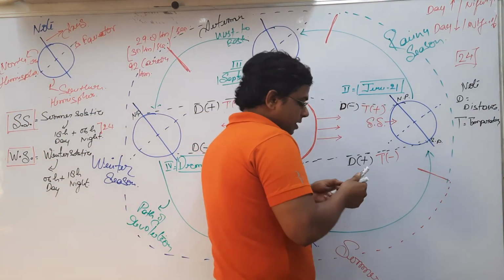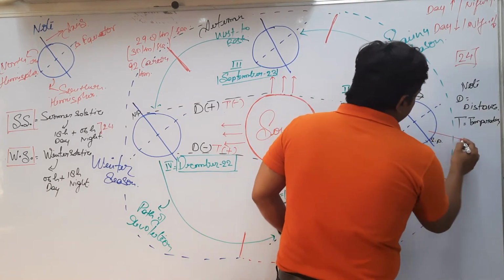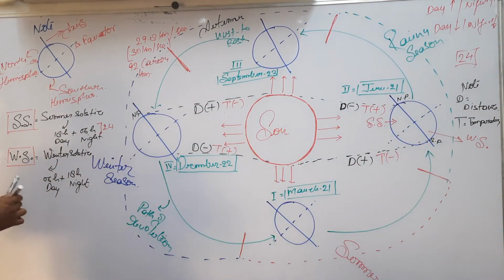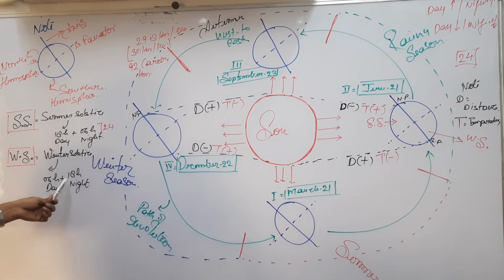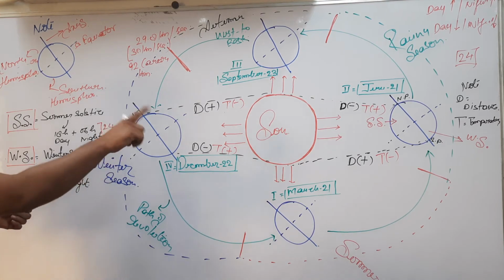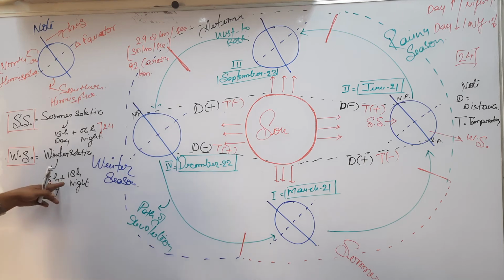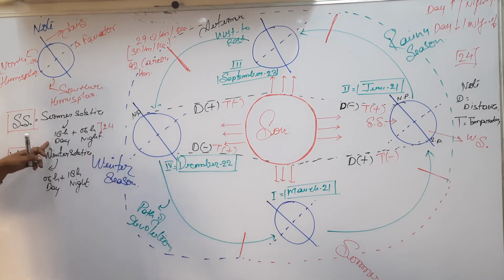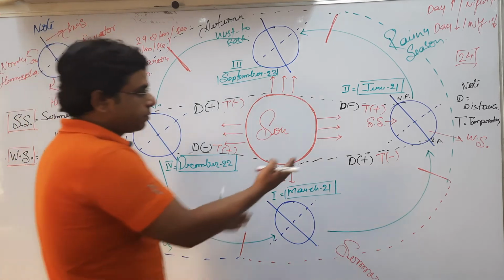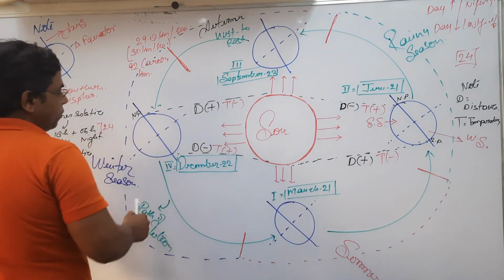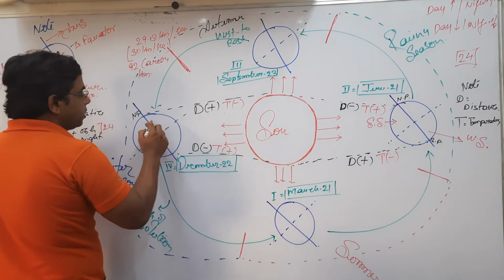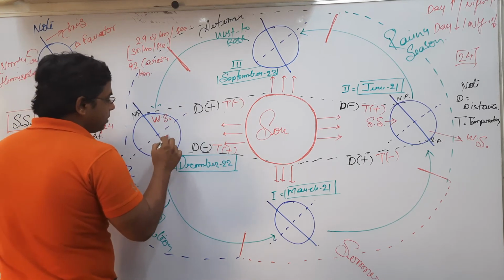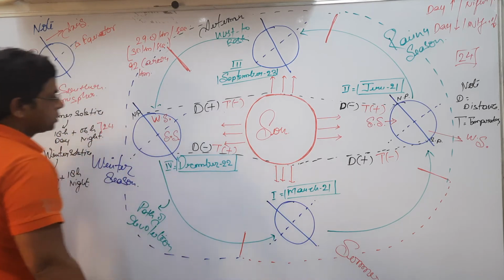While in the southern hemisphere we have the winter solstice, and in the winter solstice we have what? A 6-hour day, 18-hour night. So in the southern hemisphere we have the winter solstice with a 6-hour day. Simultaneously in the northern hemisphere on the same date we have an 18-hour day. And this comes in the reverse position on the 22nd of December, when in the northern hemisphere we have the winter solstice, and in the southern hemisphere we have the summer solstice.